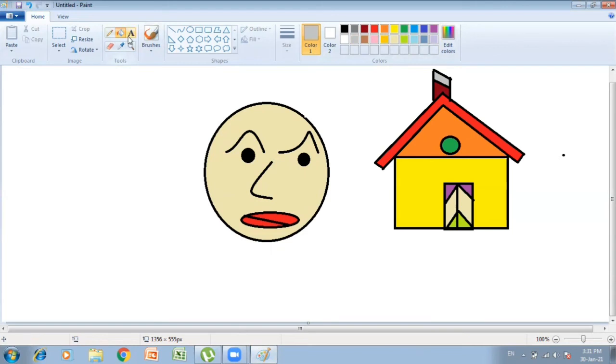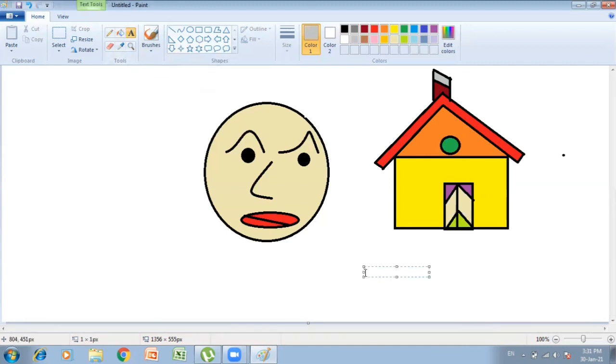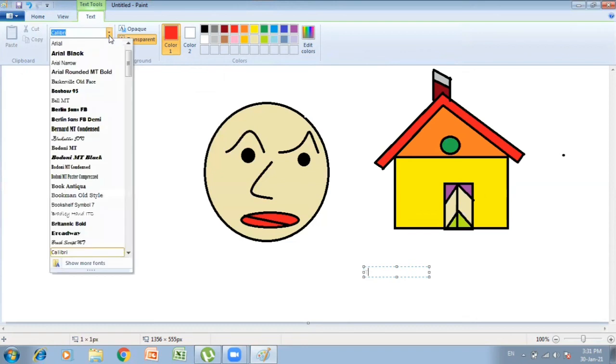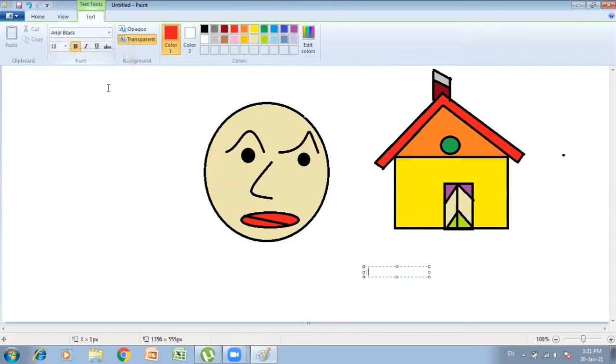Now let us add some text. The text given here is, "This is my dream house." So I will select this text tool. You can see this option, it has A written on it. I'll click it and then I have clicked here. First I have to select the color. So I have made it red. If you want, you can change the size of the text also from here. And if you want to change the style, then also you can do it.